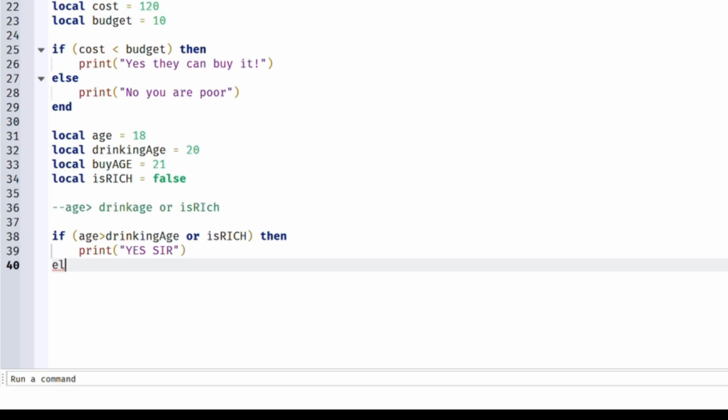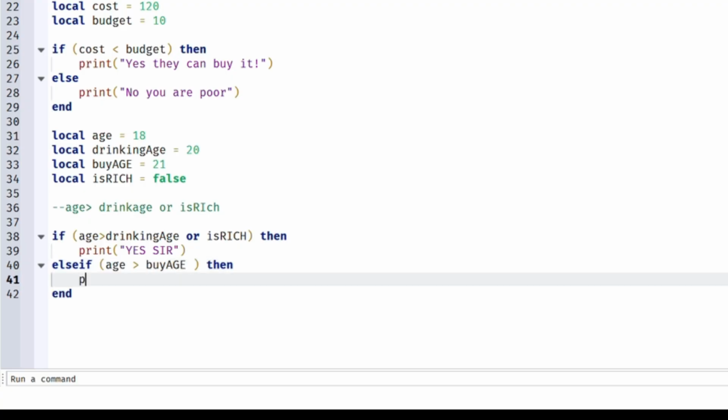Else. By the way, if you want to put one more condition, for example, this if is false, but you want to put one more condition. If you want to check for one more thing, you can use else if. Else if, just like in English, if the age is greater than drinking age or is rich, then print yes sir. Else if you want to check for one more condition, if age is greater than buying age, at least he can buy it, then print